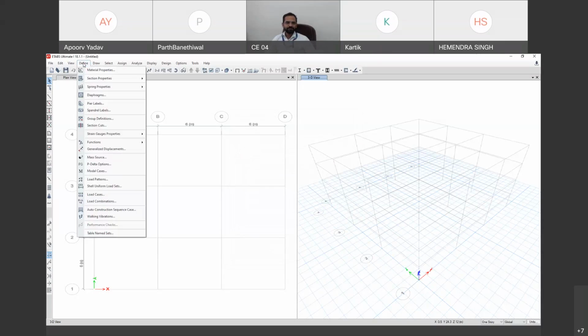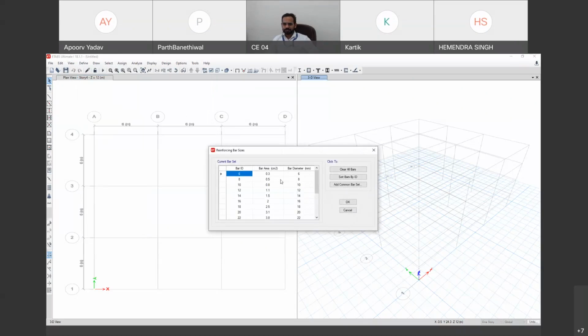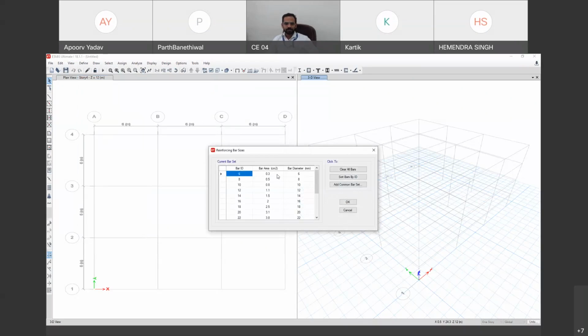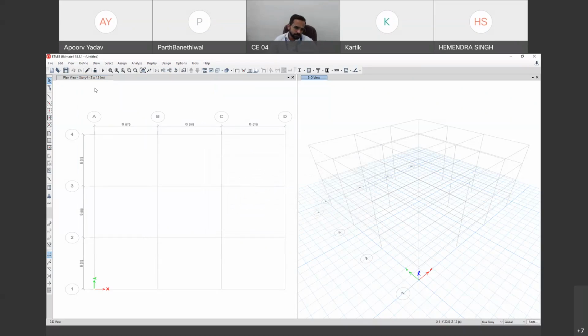After defining the section properties for frame and slabs, we have defined both the sections. Wall I am not providing right now. So reinforcing bar size also you can provide. These you can clear also. You can provide if 8 mm is not there. You can click OK. Yeah. There are other bars. These are diameter and other things. If you want to clear, you want to add, you can add or delete as per your need.